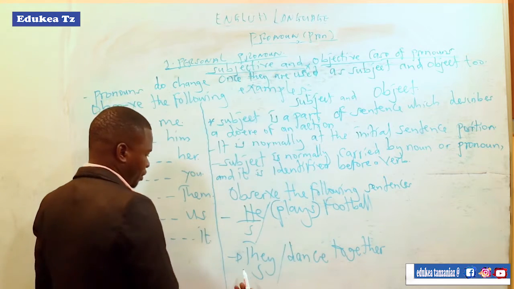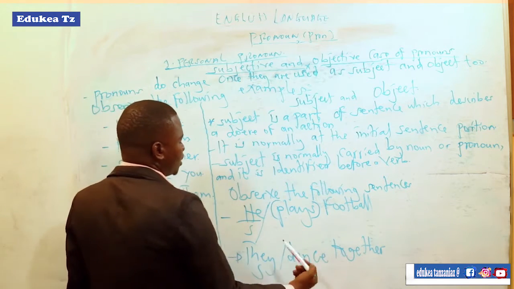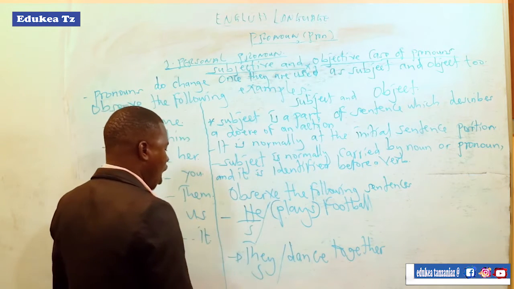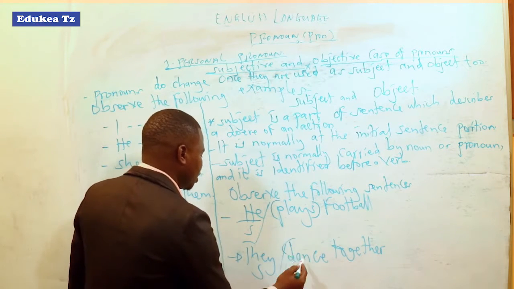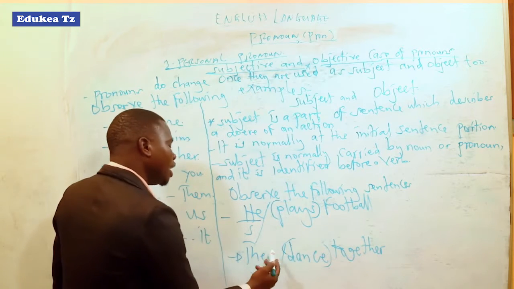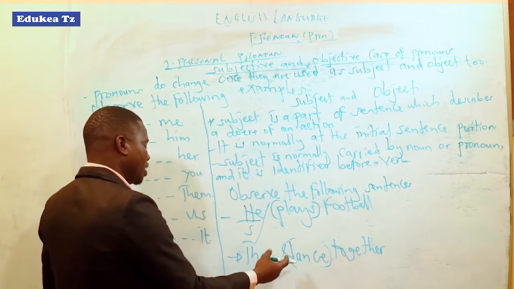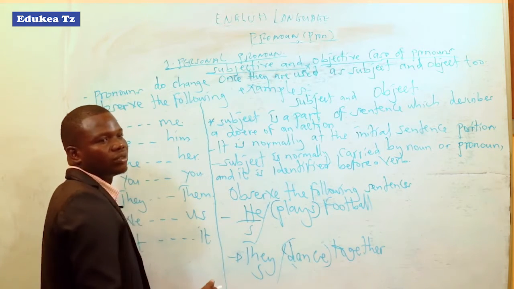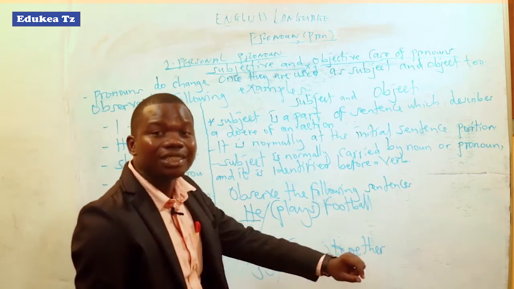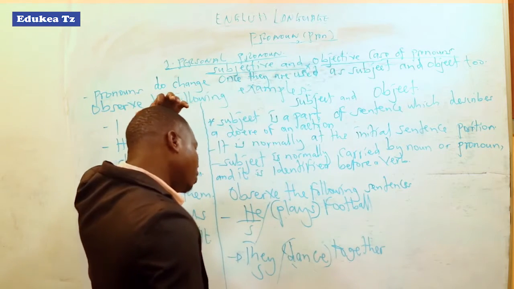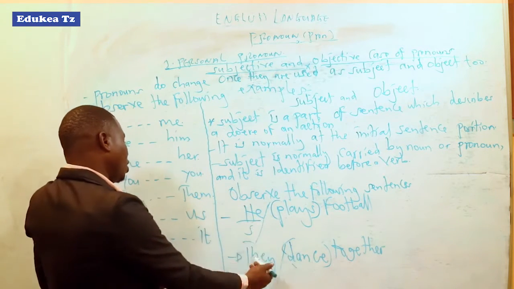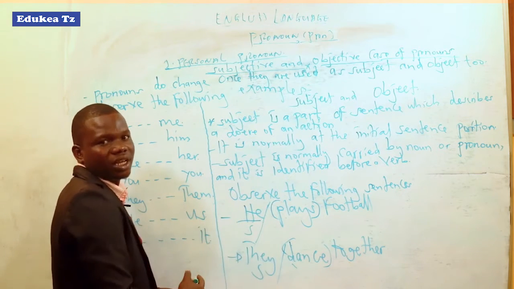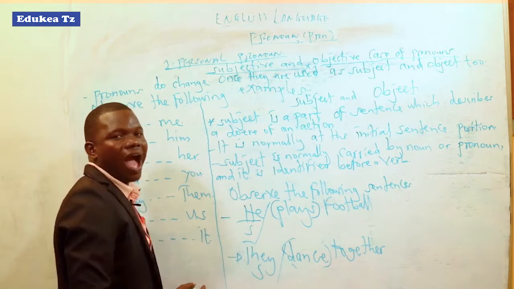Another example: they dance together. Here, our verb is dance. The word before this verb is the one we name subject. We may observe that both sentences have pronouns, and those pronouns act